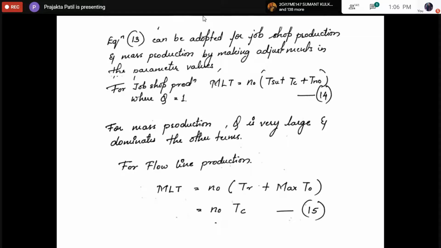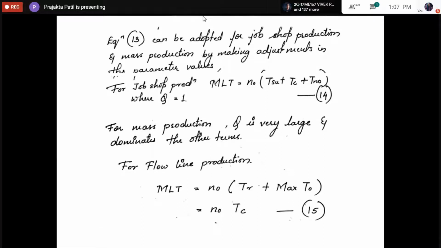With respect to the flow line type, as we have already seen, you have a complete sequence of operations lined up. For example, a product has to first go on a lathe machine, then on a milling machine, then maybe on a drilling machine. The sequence is set. If milling is taking a lot of time compared to the lathe and drilling machine, then that milling machine becomes the bottleneck station. Yesterday we just heard the term, bottleneck station.